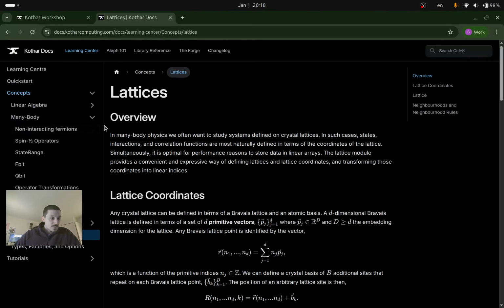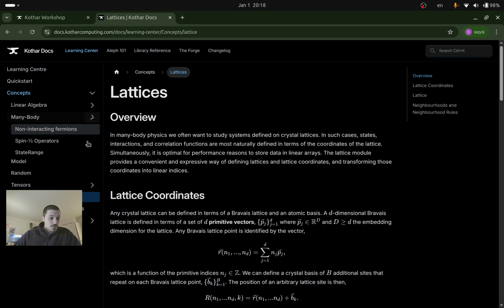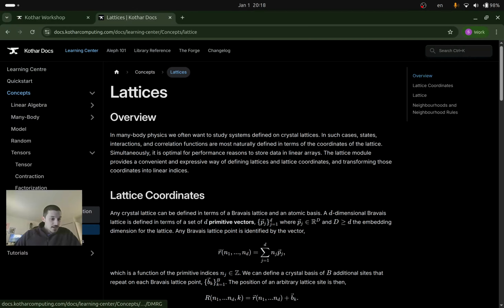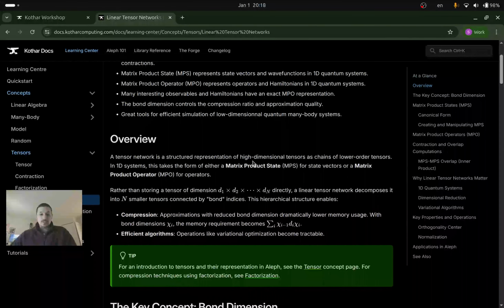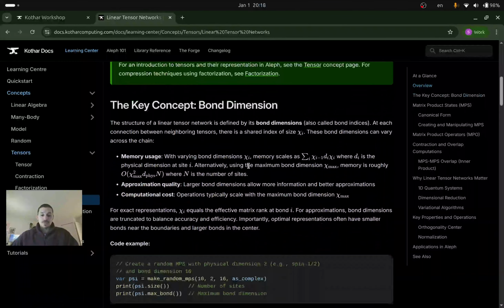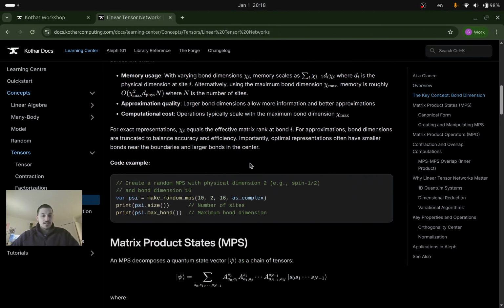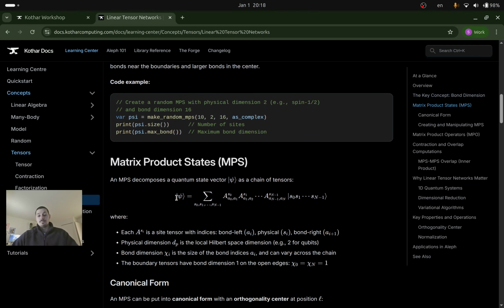No, many-body. Sorry, it's in tensors, and it's in linear tensor networks. So effectively, when you're solving these problems numerically, there's an exponential number of degrees of states you need to track. And so one compression you can do is you can compress your many-body wave function to a tensor network, which is an approximation of the full many-body wave vector with a polynomially complex